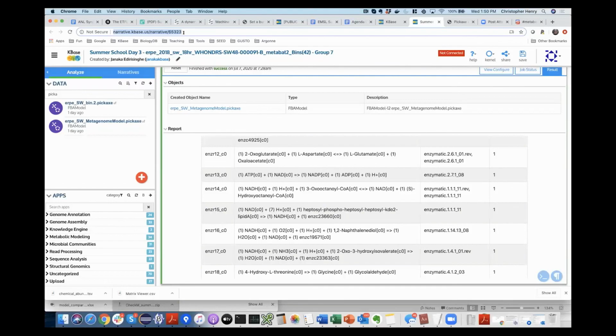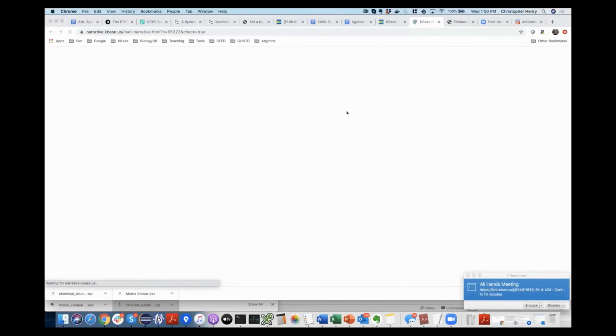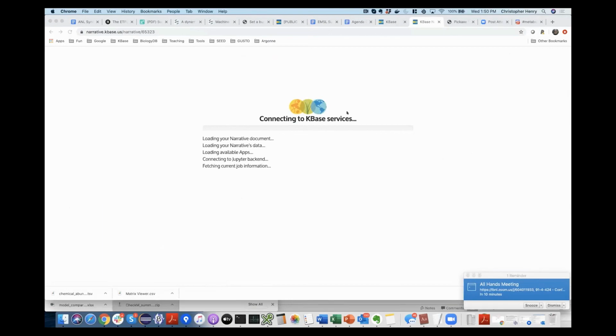I'm not connected to my narrative, so I'll have to reload. But if you click on the model and the data panel, you'll see what that full model looks like, and you'll actually be able to see all the chemical structures that were predicted. So you can see what those compounds actually look like. So that's the